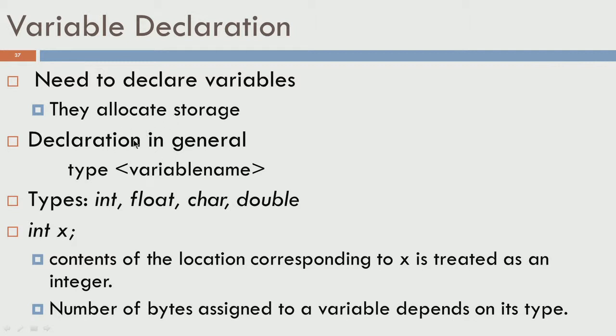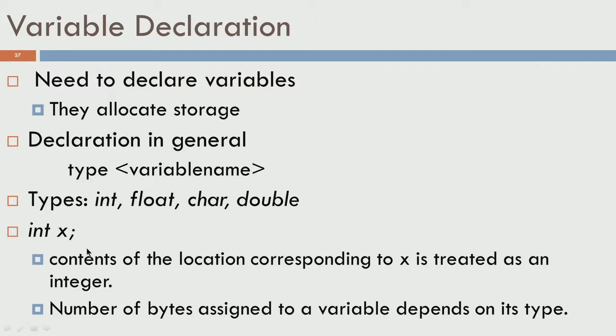Once you declare, you get storage. I already showed that in the animation. Declaration in the general form has the data type followed by the variable name or a list of variable names. The various types that are allowed are integer, float, character and double. Int is for integers, so you can only store integral values in them. Float and double are for real values and you can store a dot something, so 5.34, 3.14 and so on. Char is for character, it can store a single letter like A, B, C, D or such things.